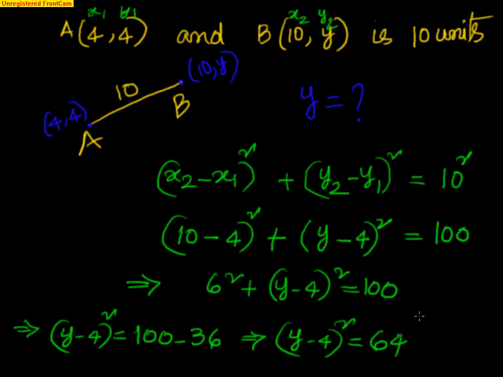Now if I take square root on both the sides, y minus 4 is equal to plus or minus 8. That gives me y value as 4 plus or minus 8. That's nothing but y is equal to